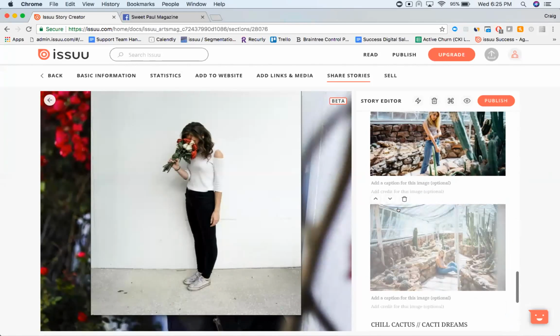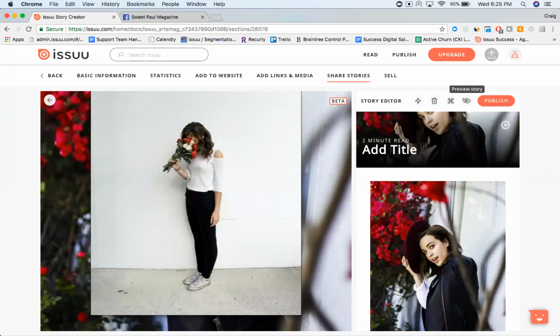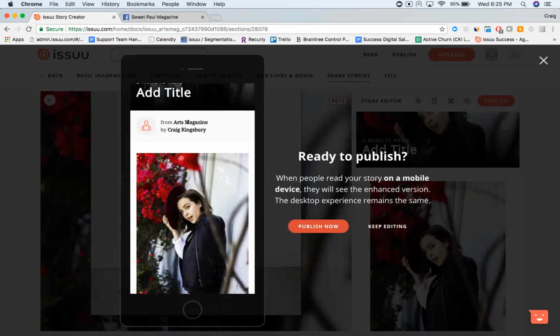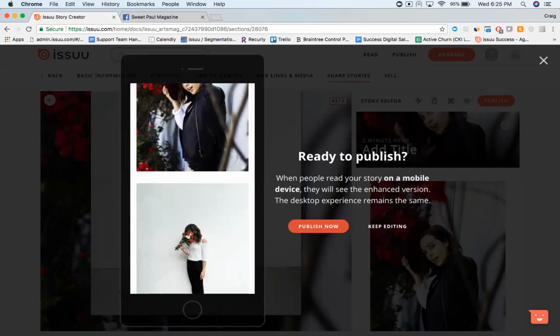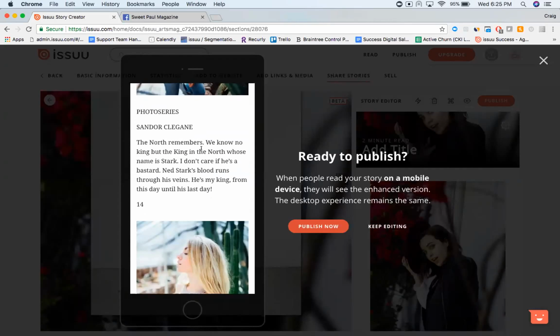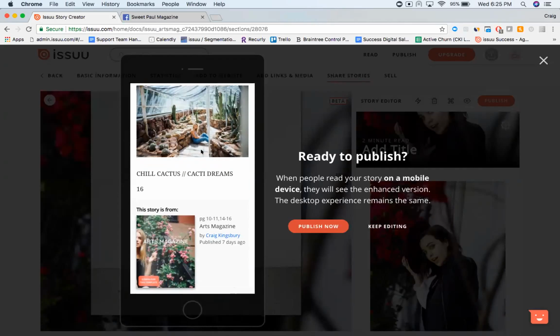So once you're satisfied with the way everything looks over there, you can actually get a glimpse of what it will look like for a reader. So all we have to do is just click on Preview Story. And then it will actually give you a look into what it's going to look like when you're on your phone. So it's going to take that first picture and it's going to turn that into the title picture. You can scroll down. It's going to say the name of the publication, the publisher, and then you can see exactly what it's going to look like. If anything doesn't look the way you want, you can always just go back into that editor tool and you can change it around, look again at the preview. And then once you're satisfied with that, you can actually publish that content.